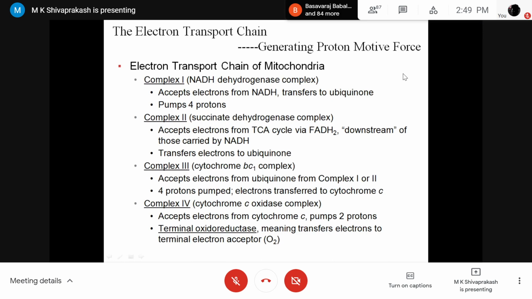So there are different complexes: complex 1, complex 2, complex 3, and complex 4. At the end, you have ATP synthase. And complex 1 accepts electrons from NADH. Here you must remember that the NADH2 that is produced yields 3 ATPs, whereas FADH2